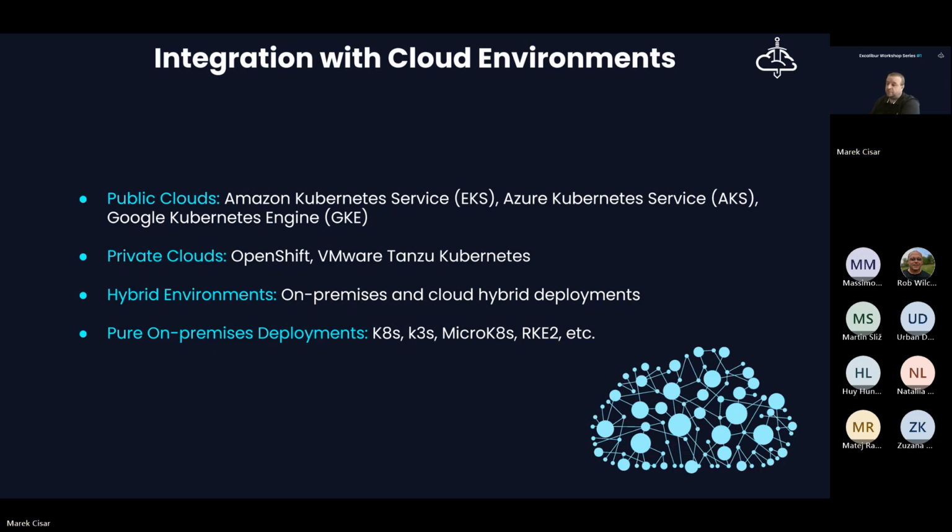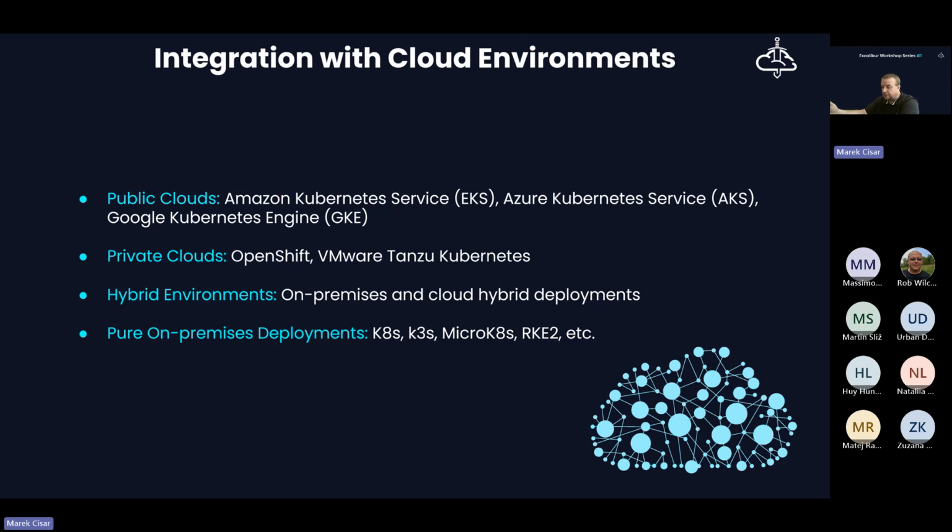So as I already mentioned, Excalibur SAM can be running within the public clouds. For example, Azure Kubernetes Services, AWS, as the Amazon vendor, then also the Google Cloud Kubernetes services, and so on. You can also deploy Excalibur SAM in private clouds.